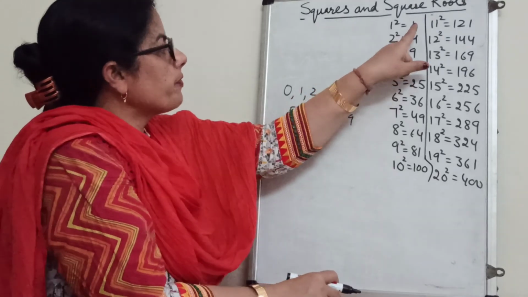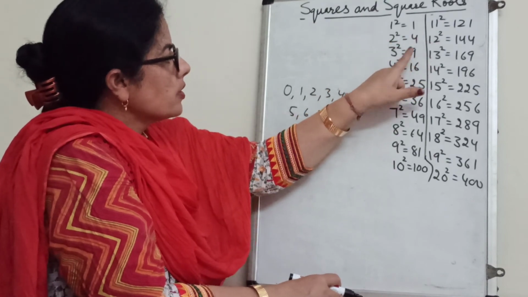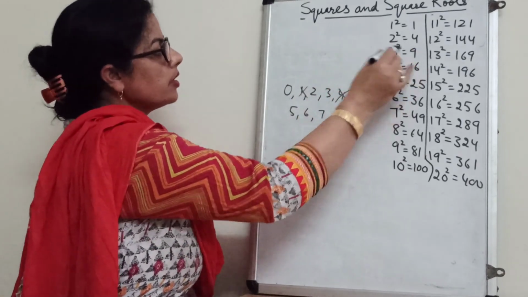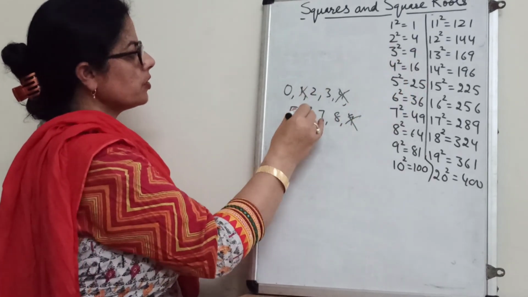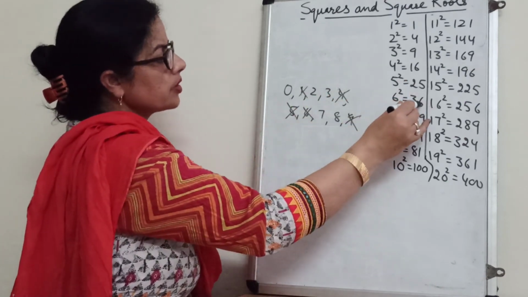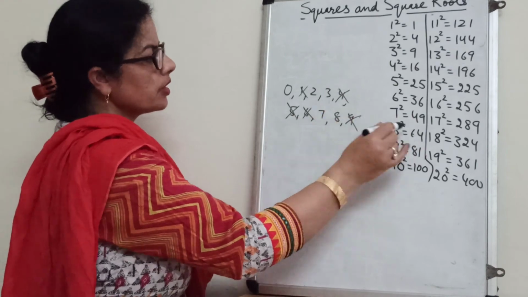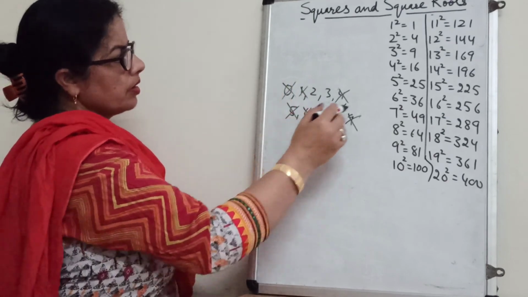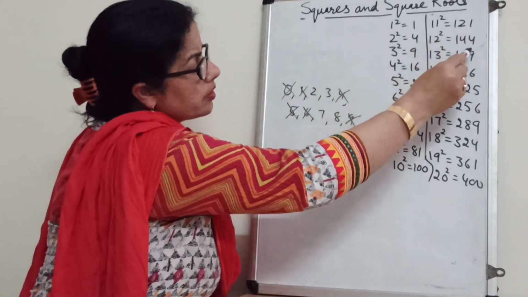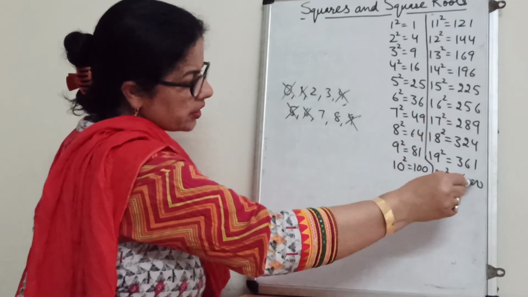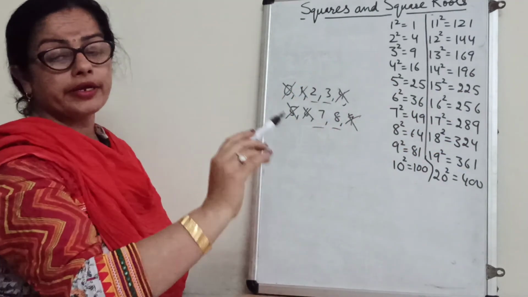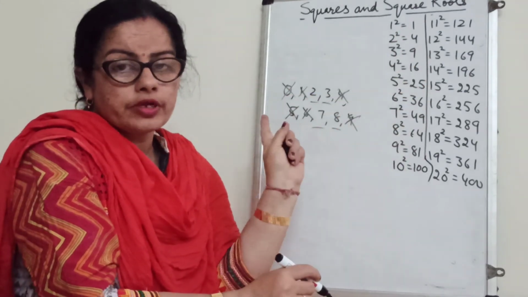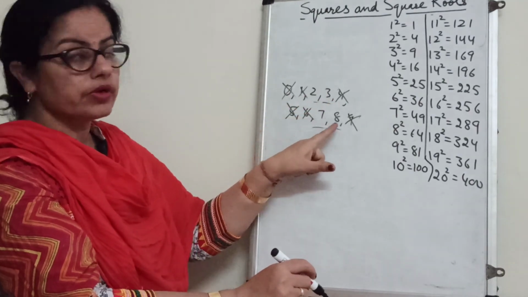Now see the unit digit of perfect squares. 1, 4, 9. See which are there. 1 is coming. 4 is also there. 9 is also there. 6 is also there. 5 is also there. 6, 9, 4 and 1 are there, taken. 0 is there. And see all, no square number ends with 2, 3, 7 or 8. Not any single number. Perfect squares never end with 2, 3, 7 or 8.